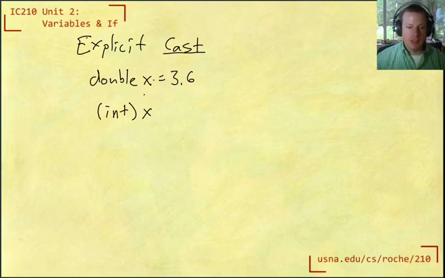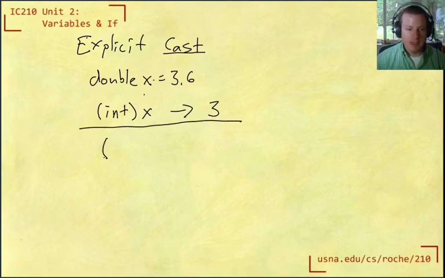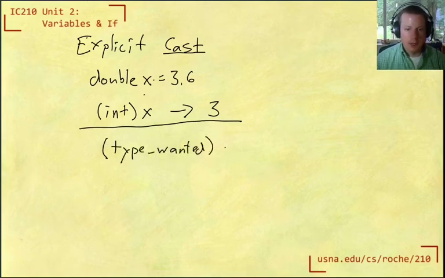So this is saying cast x from whatever it is into an int. And that will produce, in this case, 3, according to the rules that we'll see in a second. Okay, so that's the general thing for an explicit cast. We have a parenthesis, we have the type that we want, and then the original value,